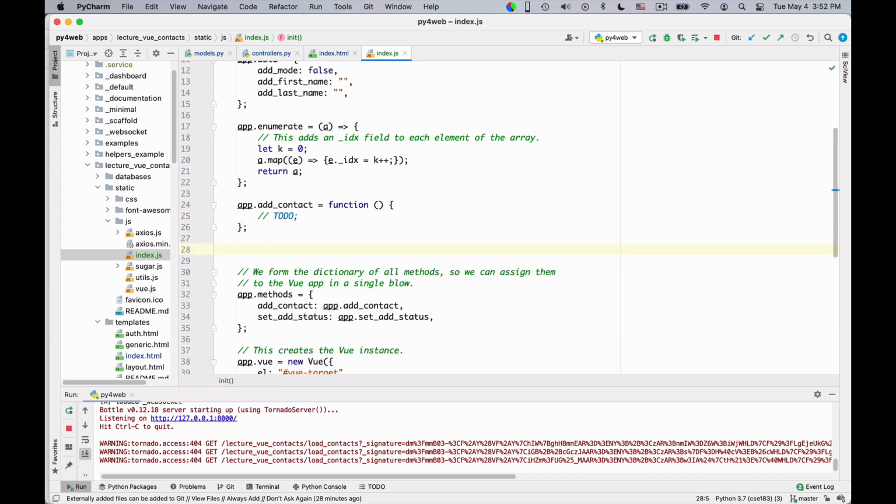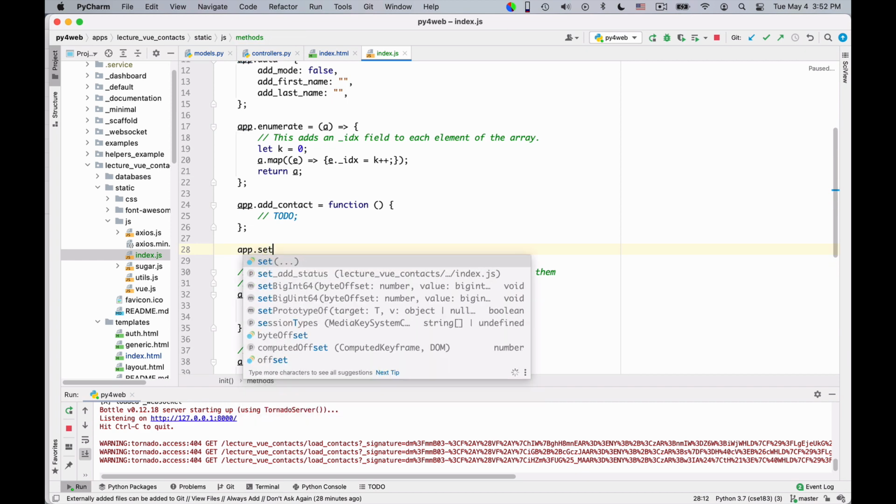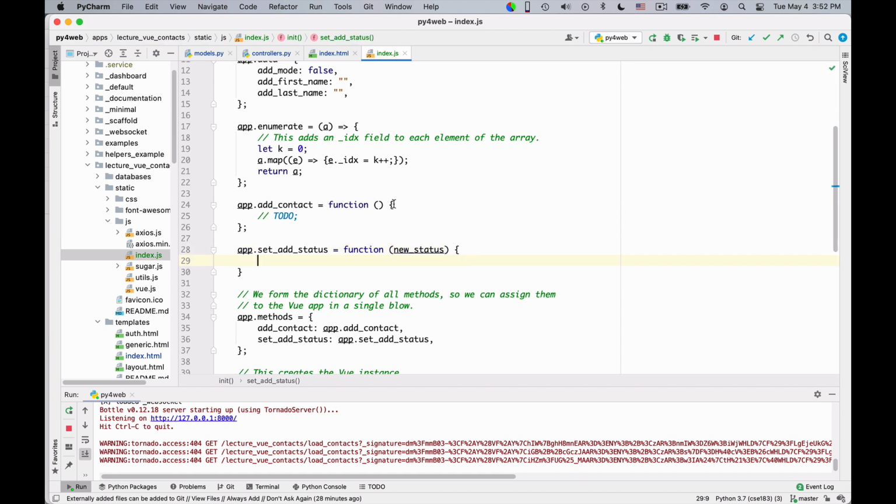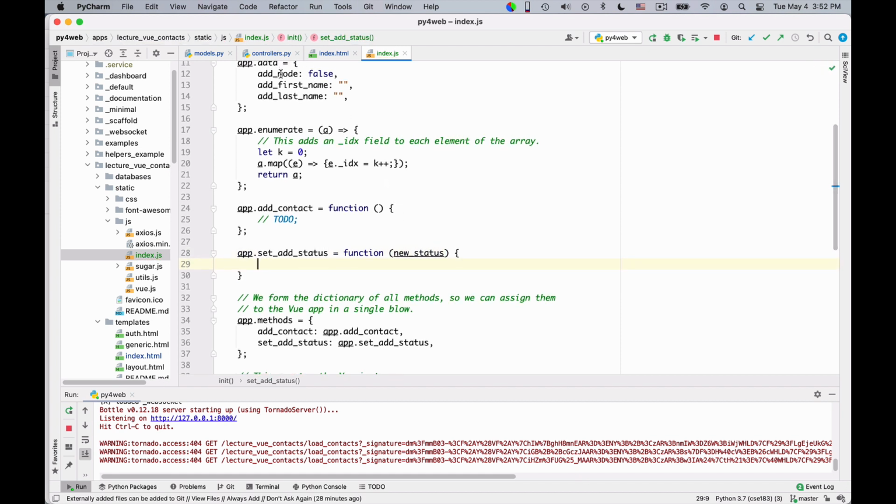And app.setAddStatus is equal also to a function that gets as input the new status, and the effect is that I want to change this add mode to the new status. So I access that via app.view.addMode, okay, because this is a variable of Vue.